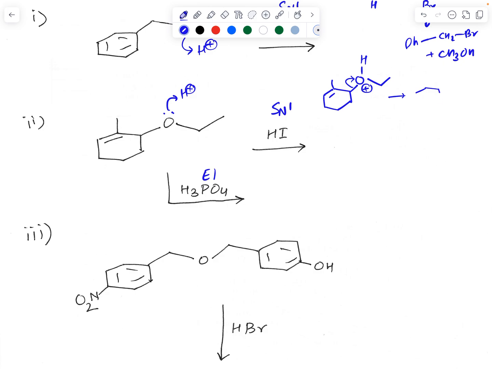So that's going to give you this carbocation, and it's going to give you CH3CH2OH. And then the I minus comes and attacks that,